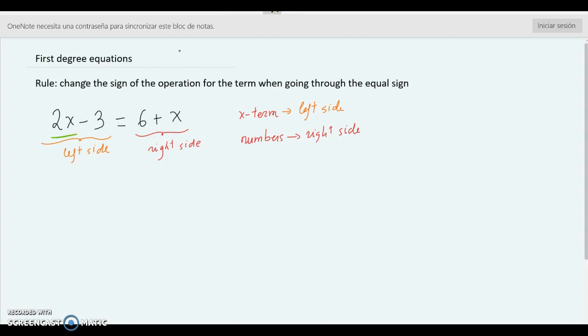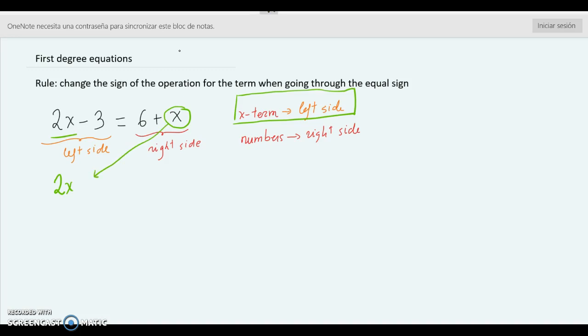The first term is 2x. 2x is in the left side. And we have to remember this: if the 2x is already on the left side, I have to put 2x. I have to look for all the x terms. The next x term is this x, but it is on the right side. I want to put this x next to the 2x